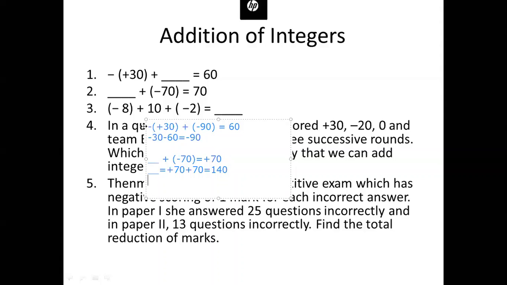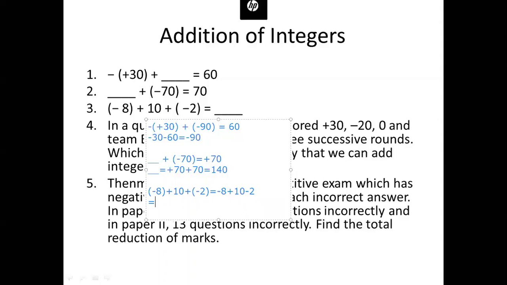In the same way, let's work out the third problem as well. Minus 8, plus 10, minus 2. We have to provide the answer. Now let's simplify it by removing the parentheses. Plus 10. What is minus into plus? It's minus 2. Now let's add the similar numbers with similar symbols. Minus 8 minus 2 is minus 10, and then plus 10, which ends in 0.